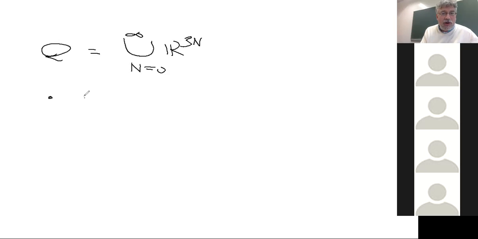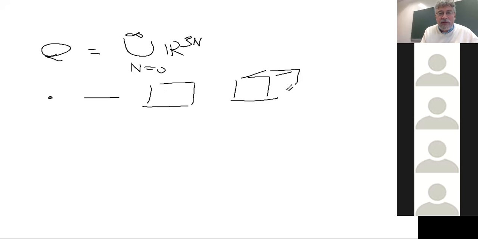Now for n equals 1, you have just R3. I will draw it for one dimension. Now for n equals 2, you have R6. In one dimension, it would be R2, so I draw something two-dimensional. And then for 3 particles, you get higher dimension,